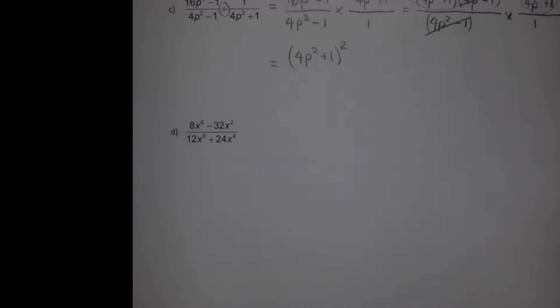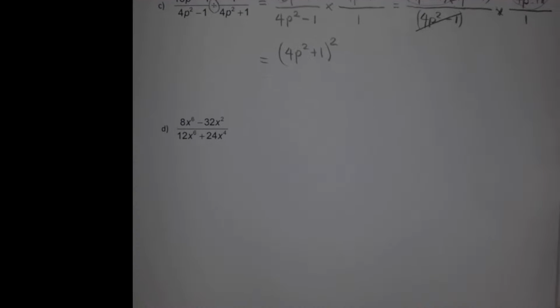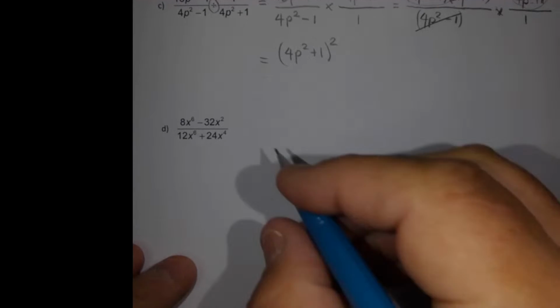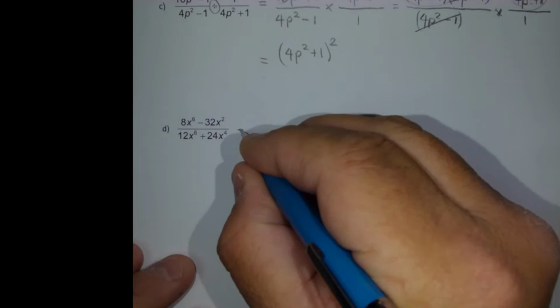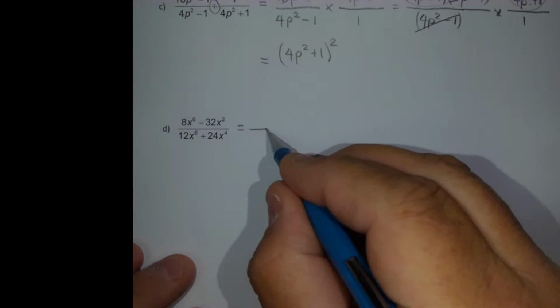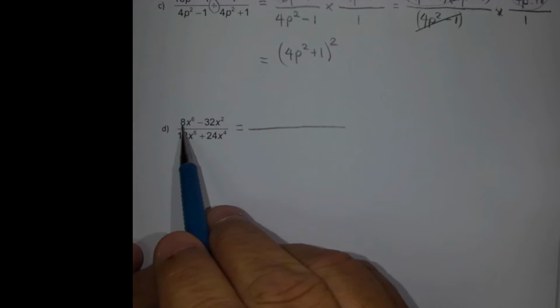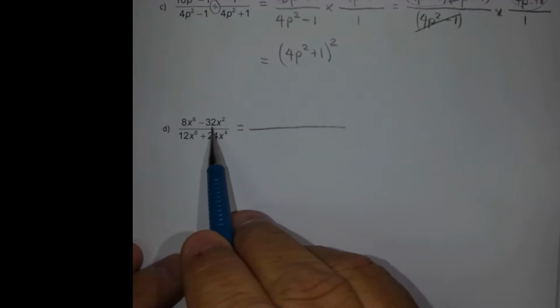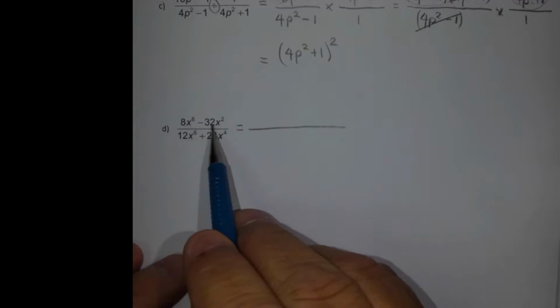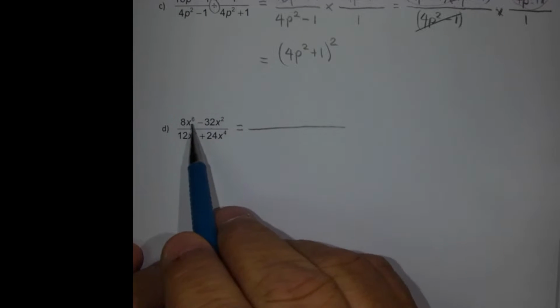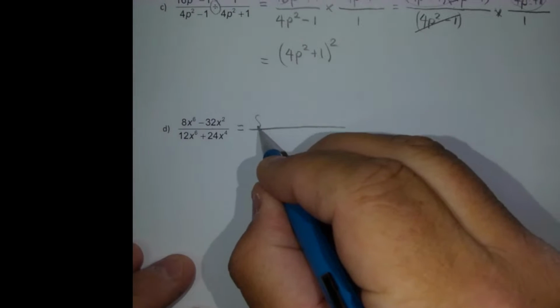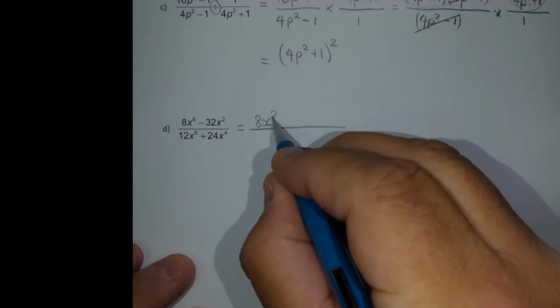This is not a division or anything like that. It's just simply a fraction that I need to simplify. So I'm going to start with my numerator, and when I look at my numerator here, I notice that I could take out a common factor. 8 is a factor of 8, and so is a factor of 32, and here I've got x to the power of 6 and I've got x squared here, so I could take out as a common factor 8x squared,